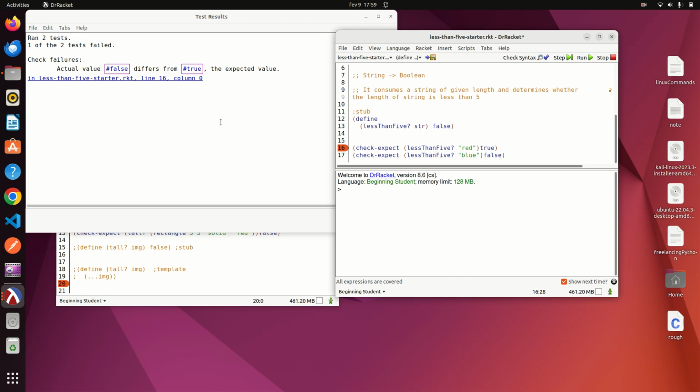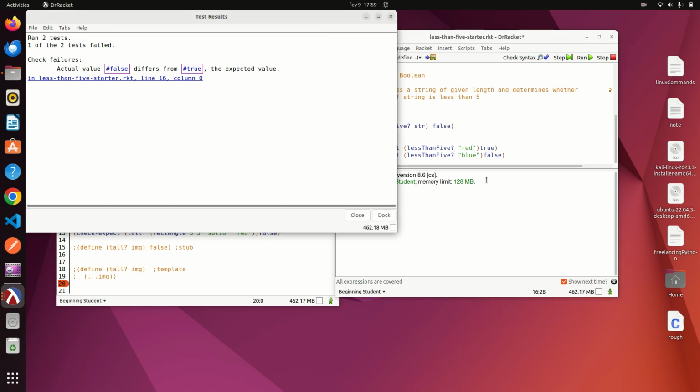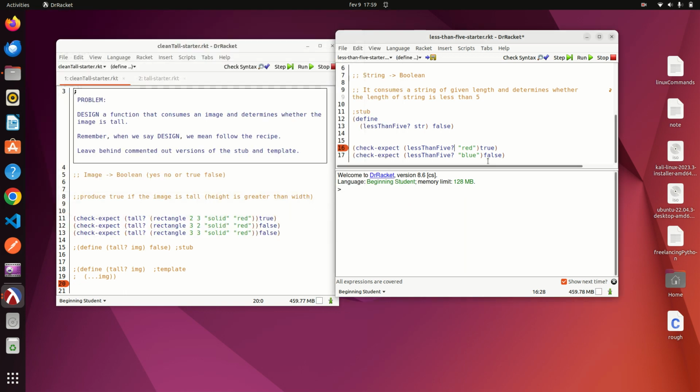So one test passed and one test failed because one of them is false. This is not correct. As you know, blue is less than 5. And this is also false because it's less than 5. So I should change something to